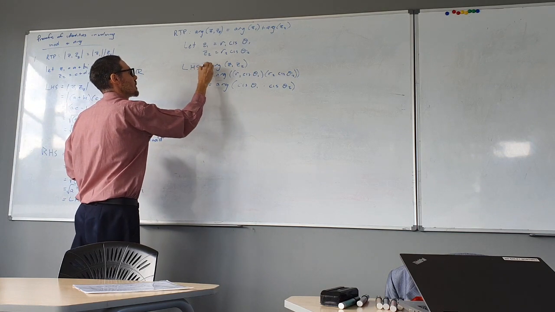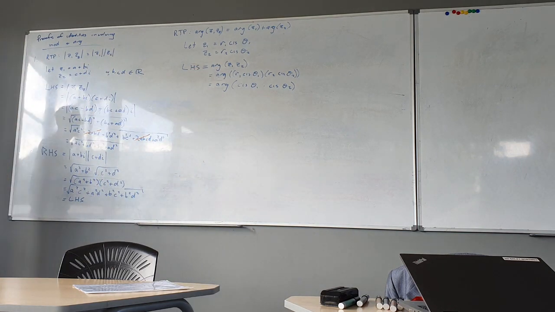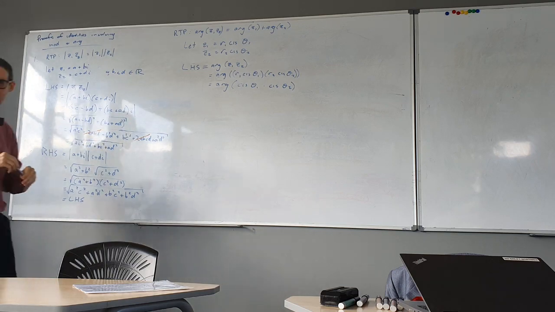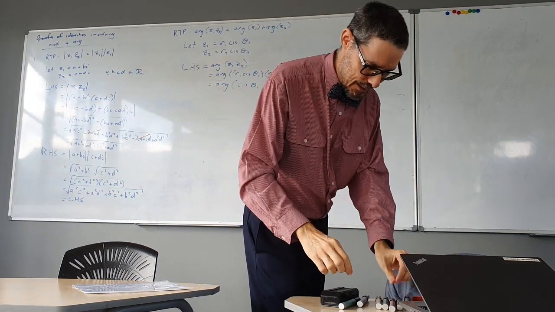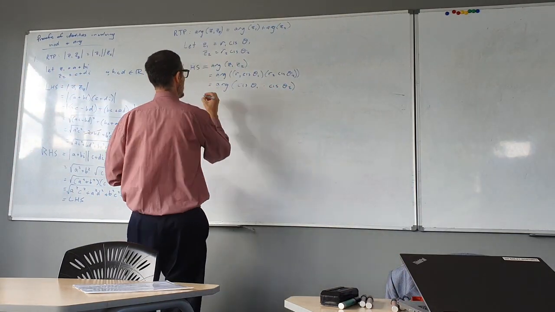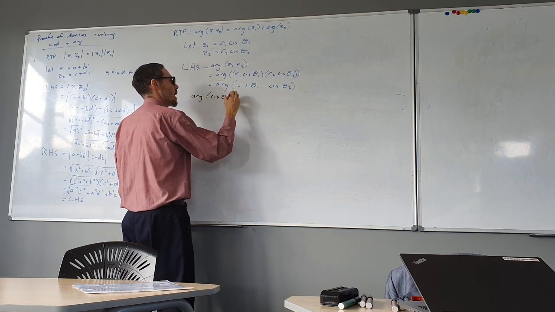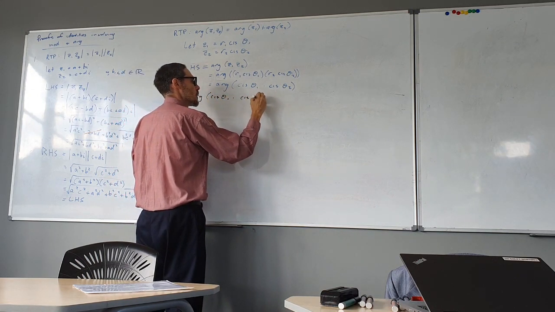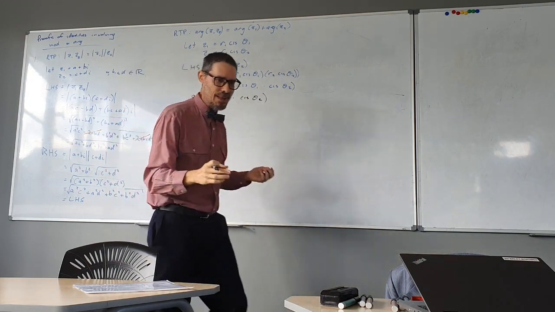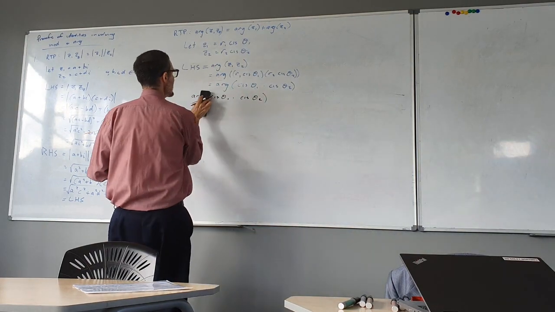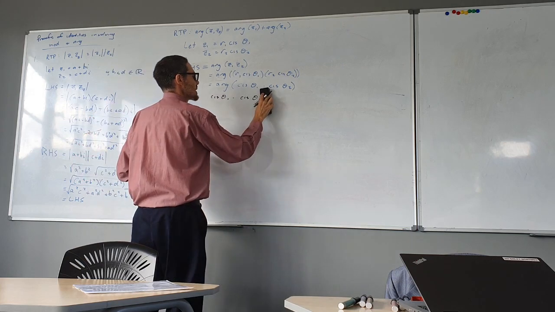It's supposed to be an equal sign. I think I'm going to get tired of writing cis all the time. So let me just look at what happens in the middle. Arg cis theta 1, cis theta 2. No, sorry, I meant to do it without the arg, didn't I? Cis theta 1, cis theta 2